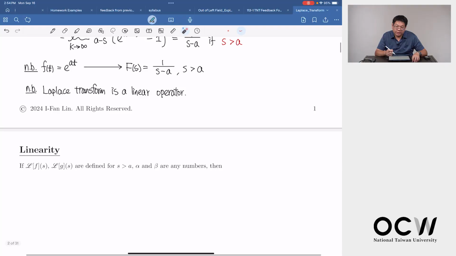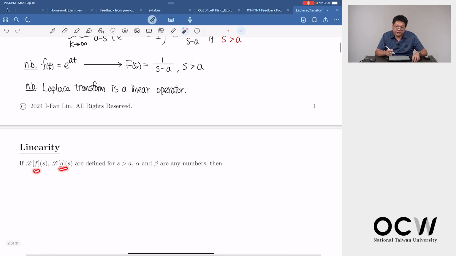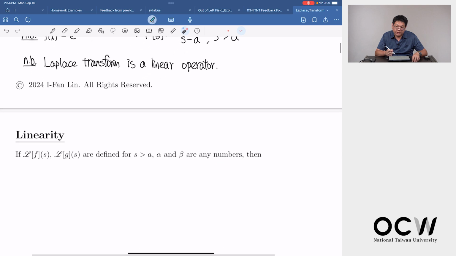I have two functions, f and g, and alpha, beta are any numbers. Then if I want to find the Laplace transform of the linear combination of your functions f and g,